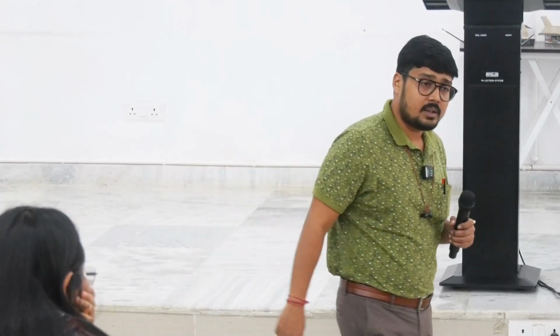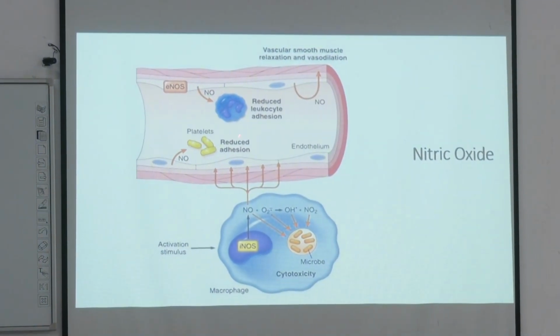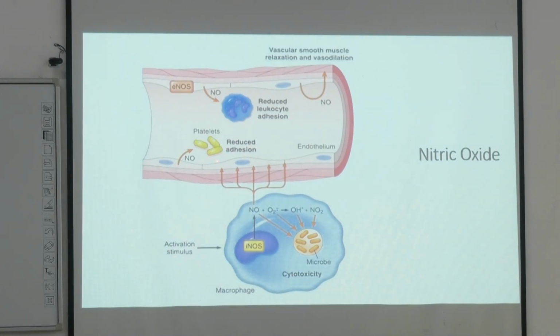Next is nitric oxide. I told you earlier, nitric oxide is the most potent vasodilator ever known in our body. So nitric oxide is a potent vasodilator. It is invariably a mediator of acute inflammation. It is released by neutrophils and endothelial cells, and this nitric oxide decreases the adhesion of the platelets and